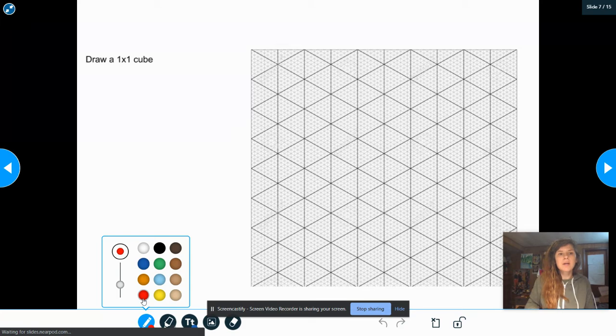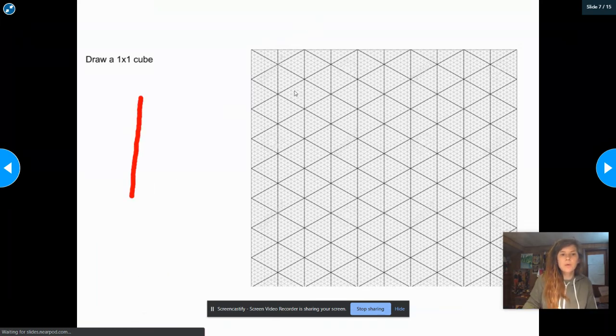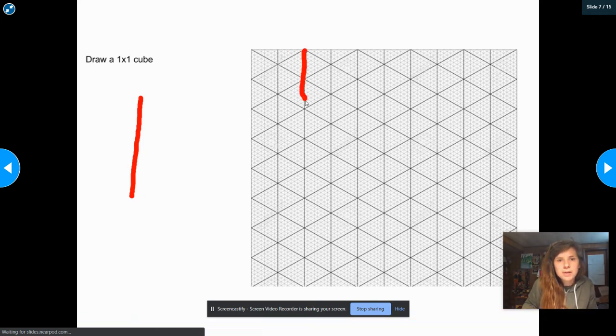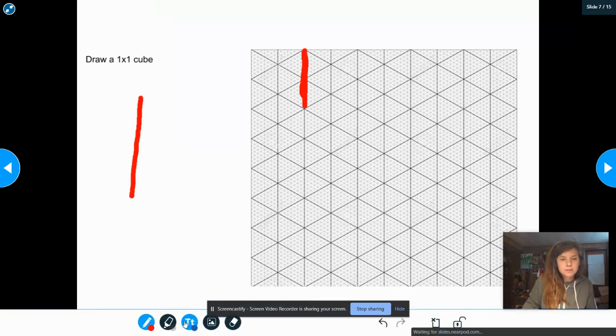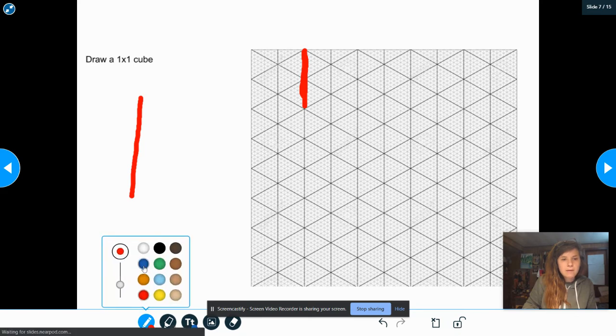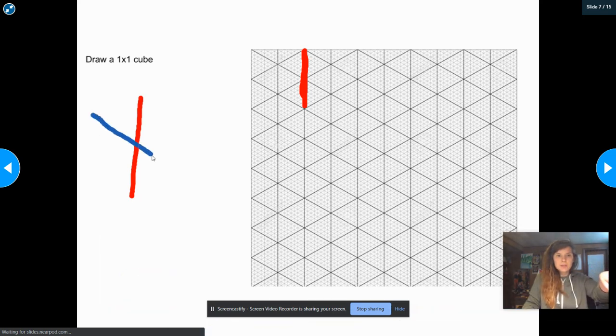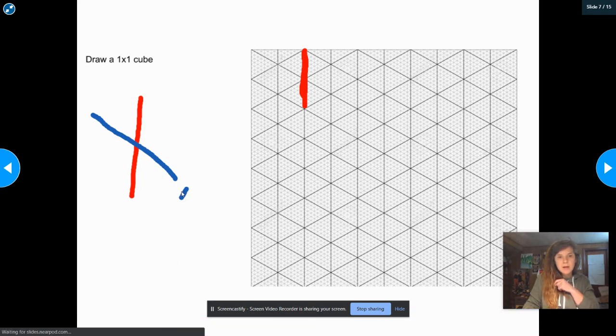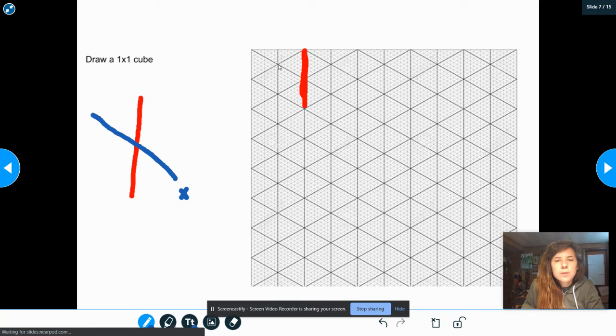So we're seeing our y-axis, which I'm just going to draw going straight up and down as you guys know it from math, which will also be these vertical lines on our triangular graph paper right there. And then we have our x-axis, which is just protruding out from the top back left to our bottom right there. So I'm just going to mark X. And so that will be represented on these lines